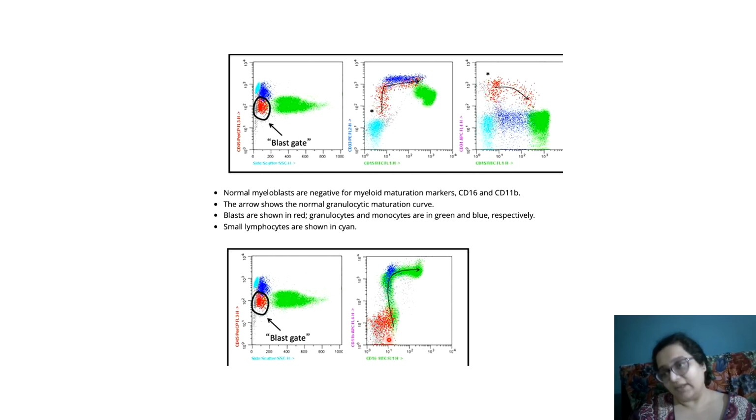This inner one is negative negative, and the remaining one is the negative positive. It means if something lies over here, it is positive for both the markers x and y. If something lies over here, it is negative for both the markers x and y. If a population is lying over here, it is mostly positive for the marker on x. And if something is lying over here, it is mostly positive for the marker on y. This is just a way of remembering. It is not hard and fast because you can adjust those imaginary lines. So you'll have to actually get and interpret, and it takes time. But in a way, you can remember it like that.